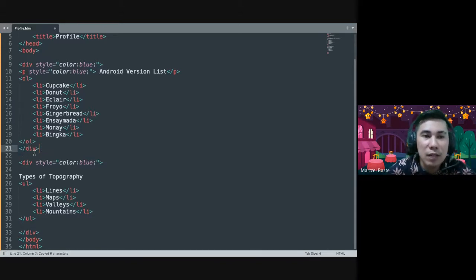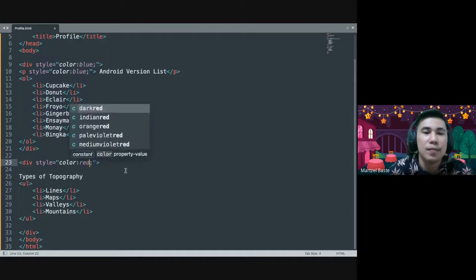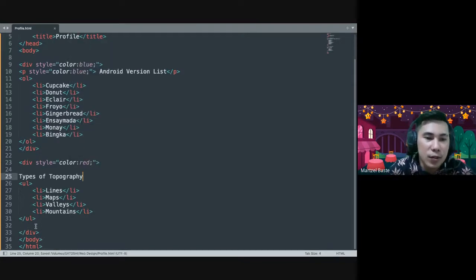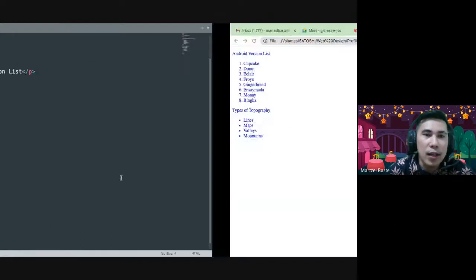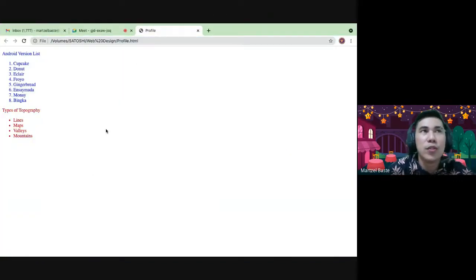So this is the closing div tag for the Android version list, and we have here the div tag for, let's say this is red. So the div can be also used, pwede pa nimo siyang butag background. So background lang ka, background color, background image, depende sa imuhang i-ano ana for that division. Okay, so that is for displaying a simple list of items